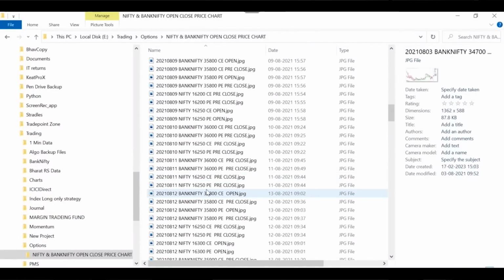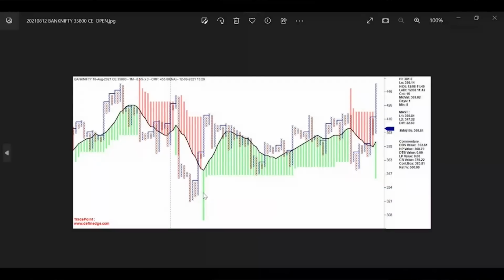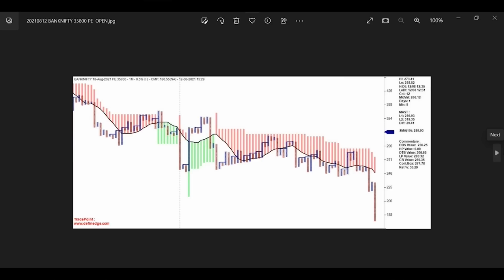Here also we can see during the early morning the straddle was bearish. It started to go above the moving average, and throughout the day it remained bullish. So this becomes your trade. Here we can see during the day it became bearish, and throughout the day you get good points. That day almost the entire day Bank Nifty was sideways, and instead of an individual call or put, the straddle gave a good trade till the close.